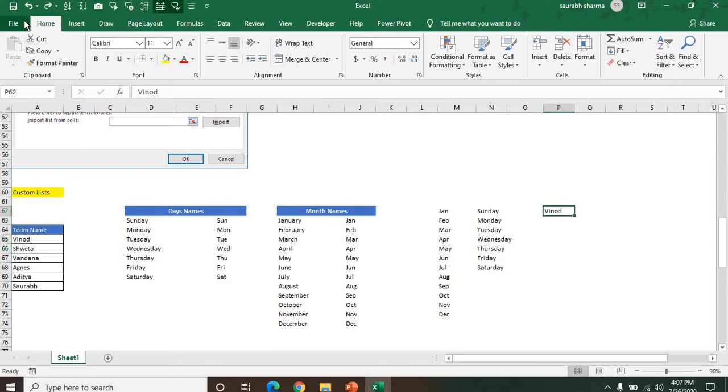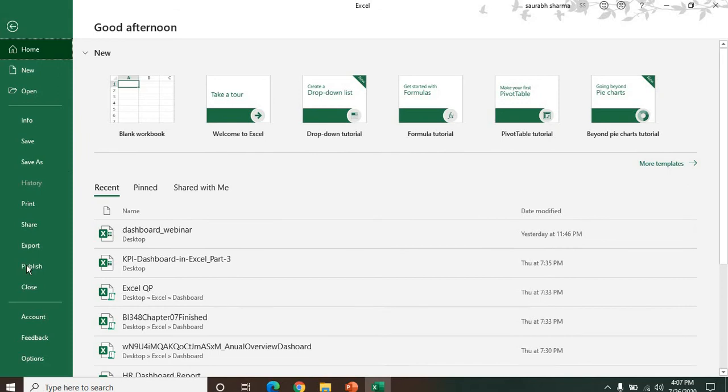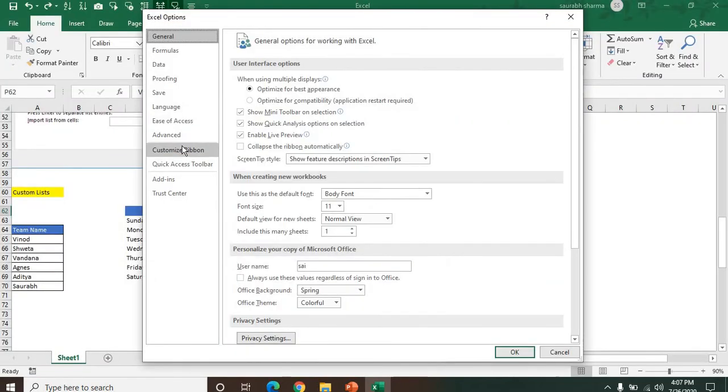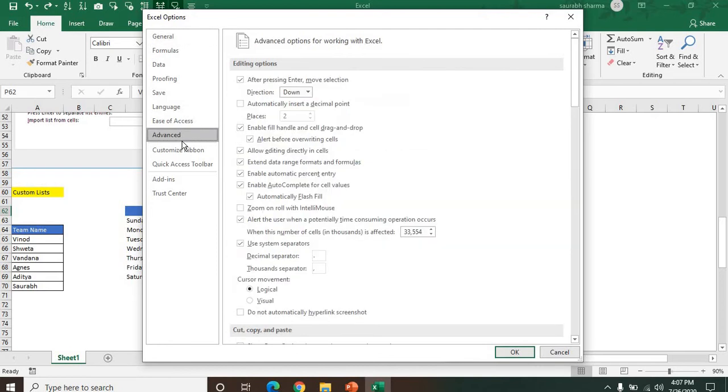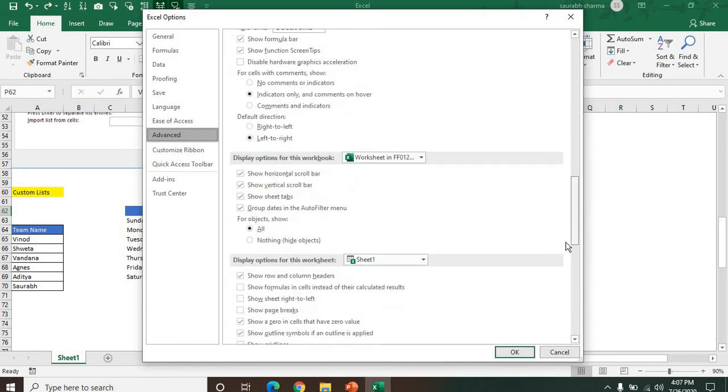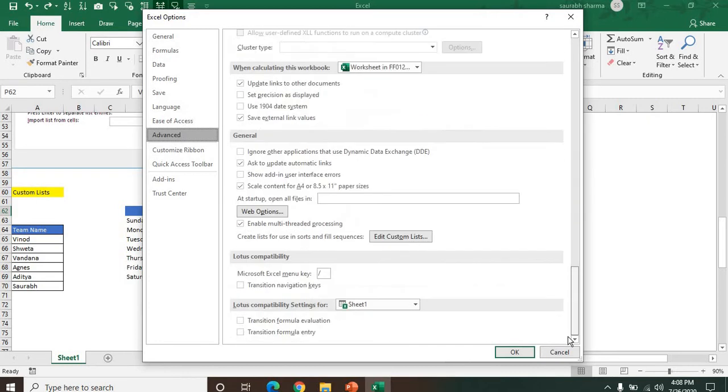Let's see here. I'm going into File. After File you need to go into Options. In Options we need to go to Advanced. In Advanced we need to come down to the General section. In the General section we have Edit Custom Lists.